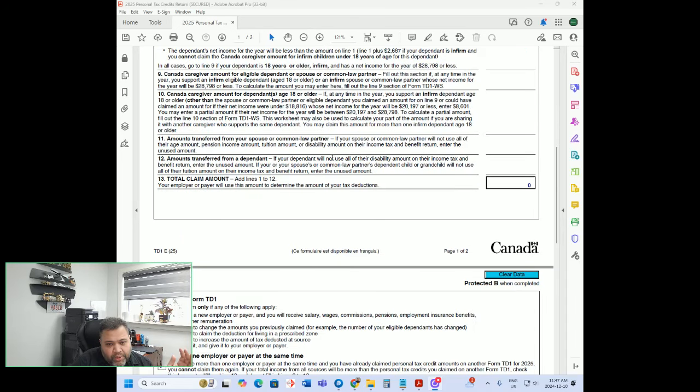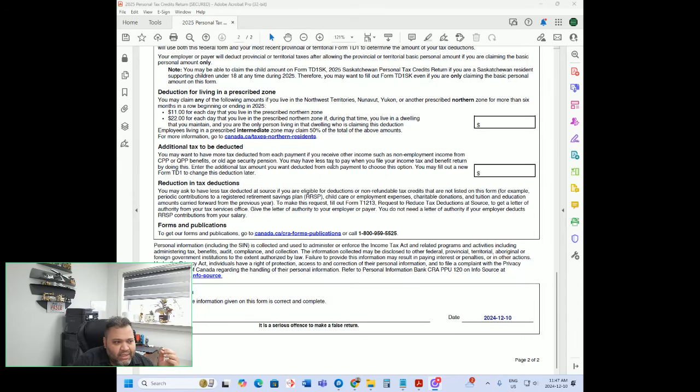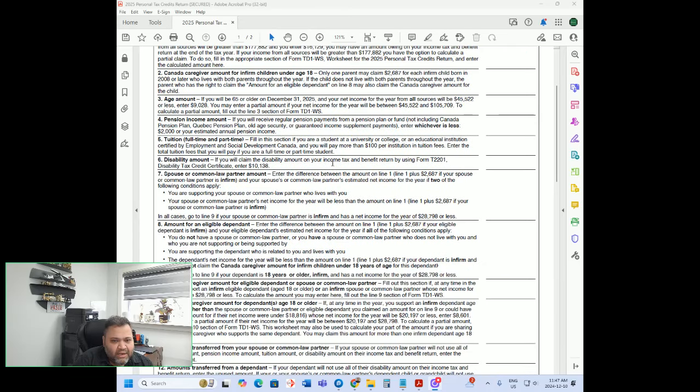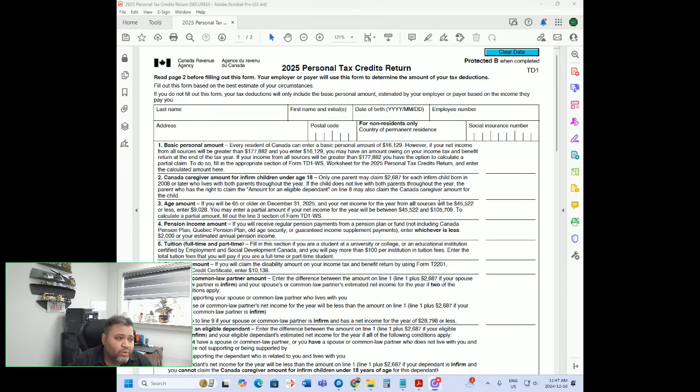We don't want you to be worrying about the other lines, because basically the other lines help you to have your employer deduct less taxes, but then if this is not done correctly, then you will end up paying taxes at the end of the year. That's why we discourage you from filling out the rest of the form. Just focus on the number one question. But because a lot of you have asked about the other items on the form, I will go over those